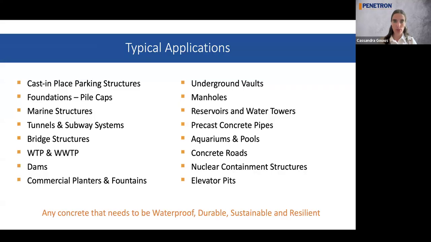I would not use it in your Lego type structures, like your metal, concrete on metal deck, or like your little concrete topping on your precast elements. That is a no-go. There's too much movement there. The crystals will break. But your slab on grades, your hydrostatic slabs, any foundations, pile caps, elevator pits,